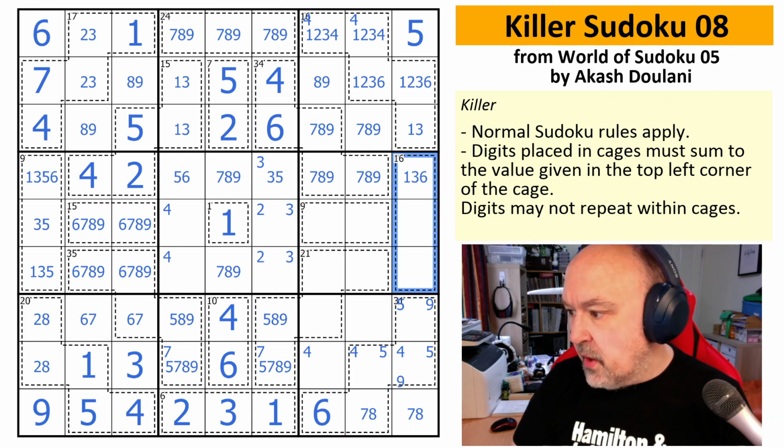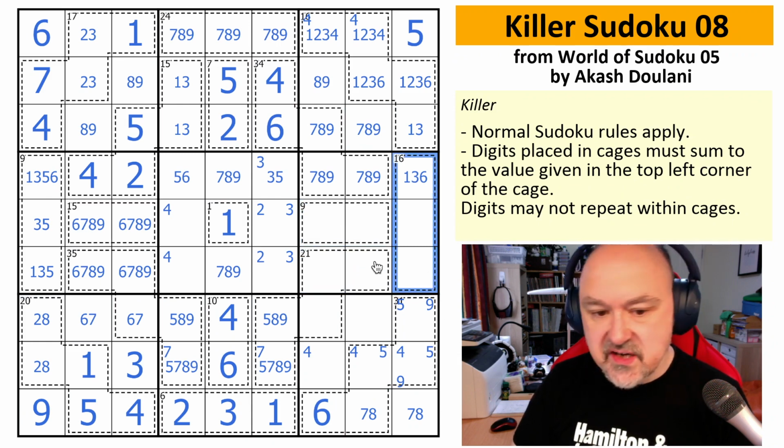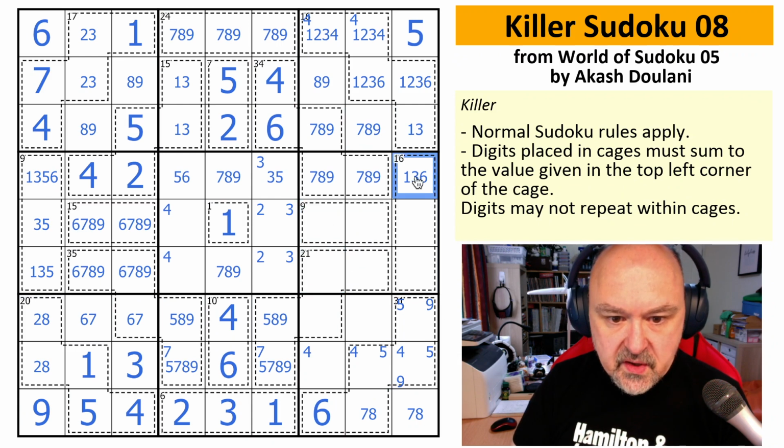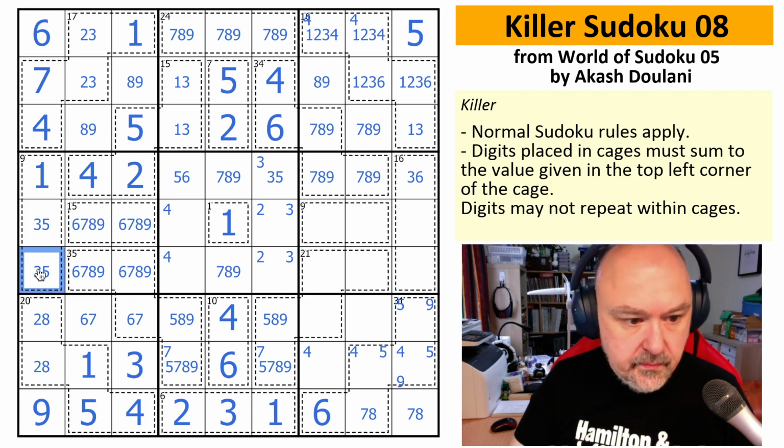So the only options do not have a 4 in it. So I cannot put a 4 in this 16 cage. 268 or 367. So I can't put a 1 in here, which all of a sudden means that's a 1,